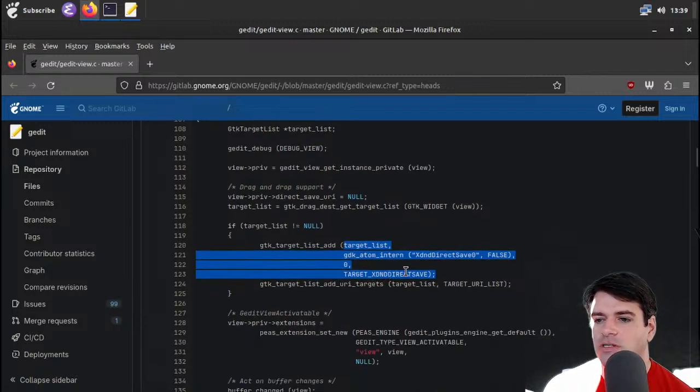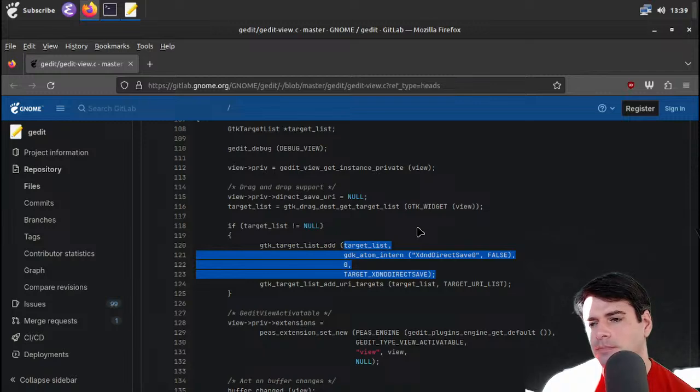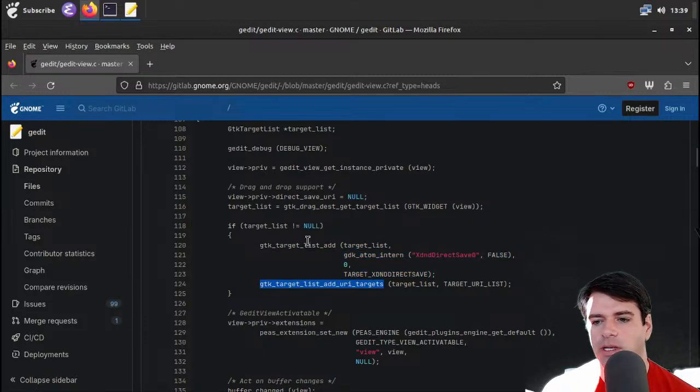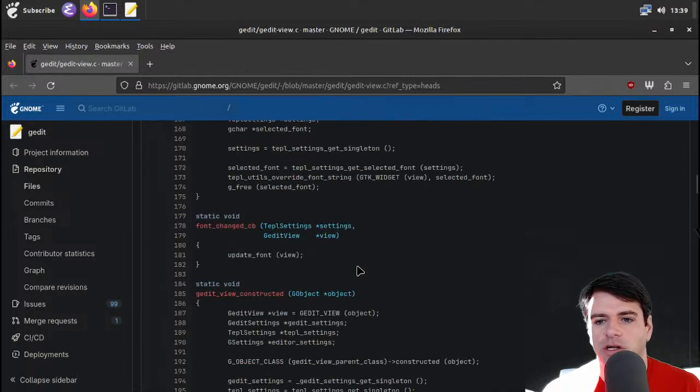Target XDND direct save. I'm not sure really what drag and drop has to do with saving. Maybe this is like, yeah, I'm not sure. I don't even want to speculate. And then we've got more URI targets here. I'm mildly curious about what these URI targets are doing, but the rest of it I think is relatively straightforward,